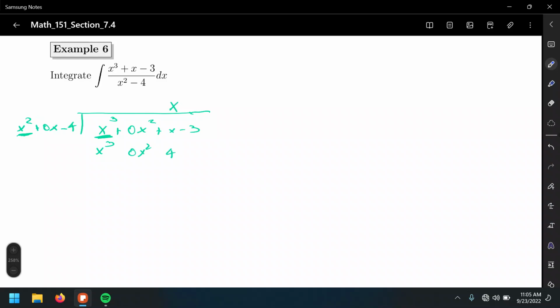Now, every time we do this multiplication of every single term in the divisor, we need to change the sign of what we obtain. So in this case, positive times a positive is positive, we need to change it to a negative. Positive times a positive is positive, we change it to a negative. And positive times a negative, which is negative, we need to change it to a positive. Why do we do that? Because